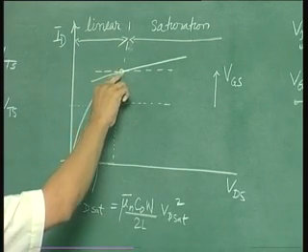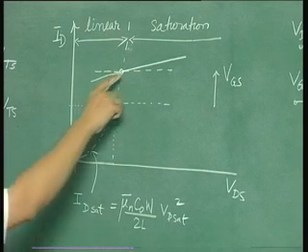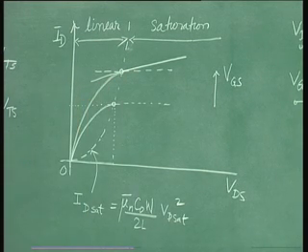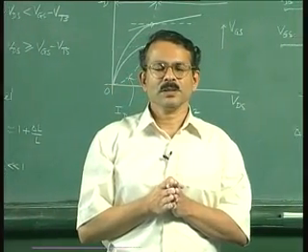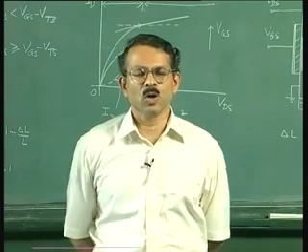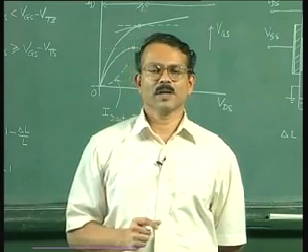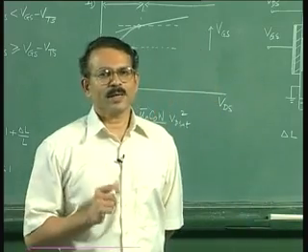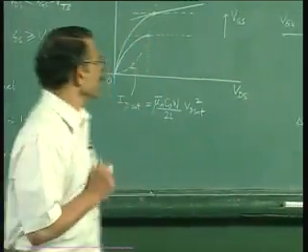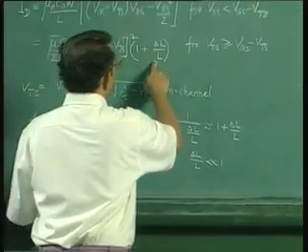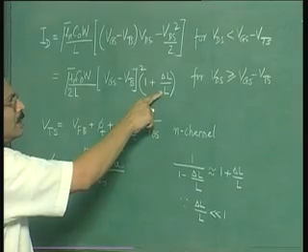Now how do you take care of the discontinuity in the slope? Because this discontinuity is not good in modeling calculations. A discontinuity in the slope creates problems when you use this model for computer calculations. So you can avoid the discontinuity by using the following trick. So what we do is, this delta L by L, when we want to represent in terms of the drain to source voltage,